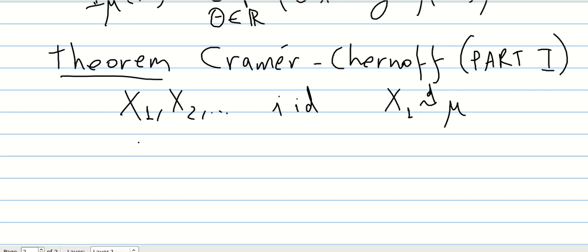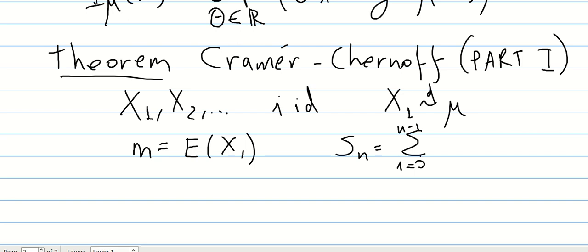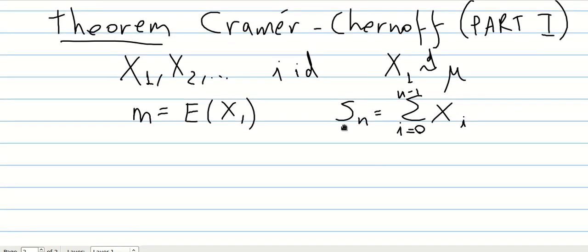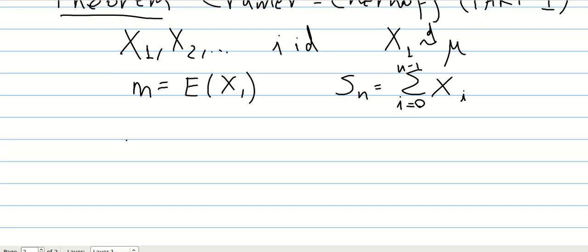We're gonna write m for its expectation and define Sn to be the sum of xi, just like we did before. So we already have defined the Laplace transform and the rate function. I'm not going to redefine them here. I'm just going to state the main result, which is,